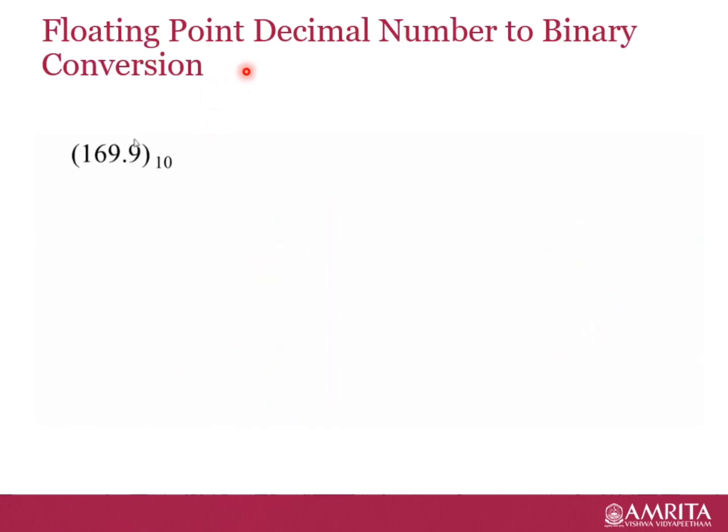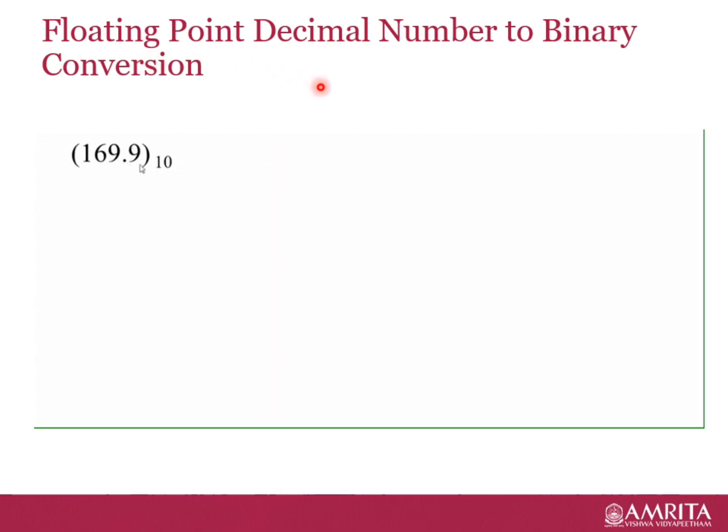We have already seen how an unsigned integer decimal number is converted to binary. Now we can discuss how an unsigned floating point decimal number is converted to binary. Here we are going to convert the floating point number 169.9 to its equivalent binary form. 169.9 has two parts, an integer part of 169 and a fractional, floating point part of 0.9,